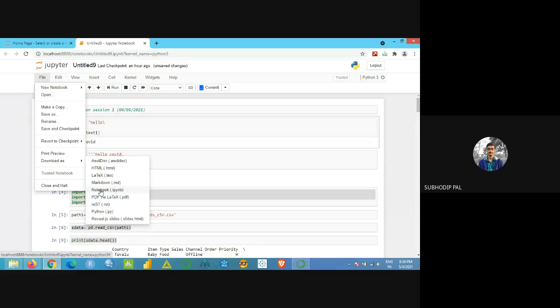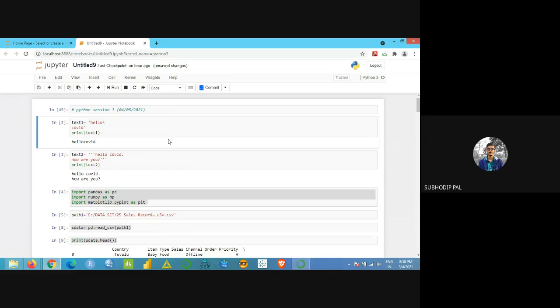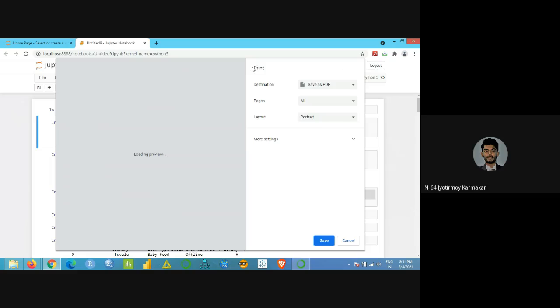Generally we do importing in ipynb or py format, but I want it in PDF format because if I save it in ipynb and share the file with you, you will not be able to open it, because this is running on localhost, meaning it's running on my system. You will not be able to open the .ipynb file. So I'll just press Control P, the shortcut of print.